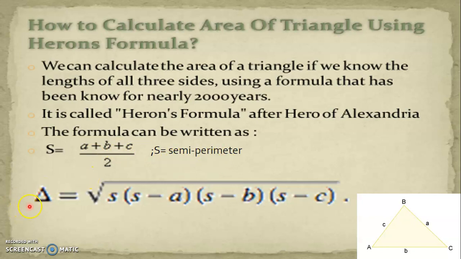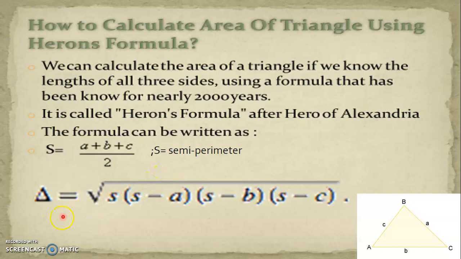Now this Heron's formula says that area of a triangle is the square root of S into (S minus a) into (S minus b) into (S minus c). Are you following? What is this S? Already told, students: (a plus b plus c) by 2, that is semi-perimeter. How do you calculate semi-perimeter? Sum of the lengths of the sides of a triangle divided by 2. This is what we will be studying in this forthcoming exercise, and we have to keep this in mind.